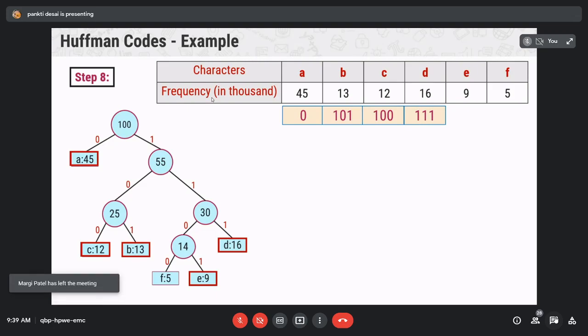Right, so from the greedy algorithm chapter only one topic is remaining, that is the knapsack problem. We already solved the knapsack problem using dynamic programming, but we can solve that same problem using a greedy algorithm also. So that we will cover in the next lecture, in the offline lecture, because this knapsack problem using greedy is very important, and we will solve almost 2 to 3 examples for that.